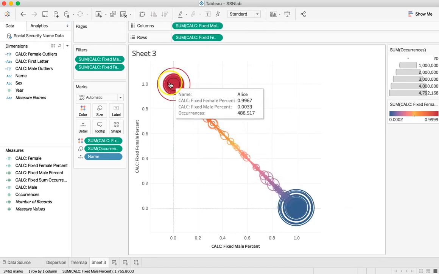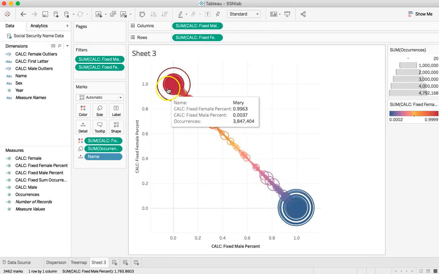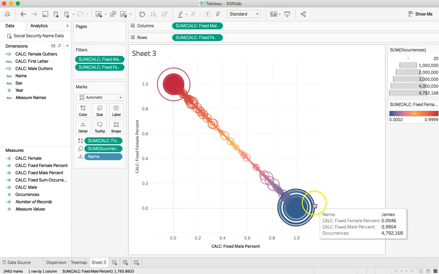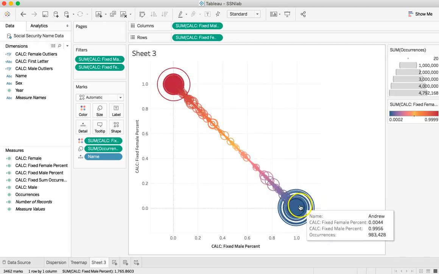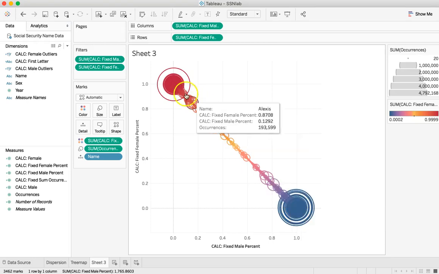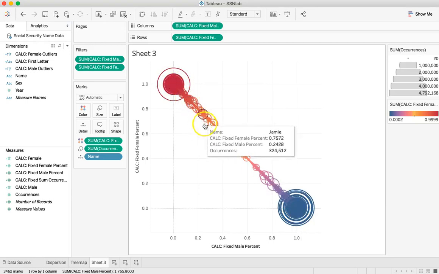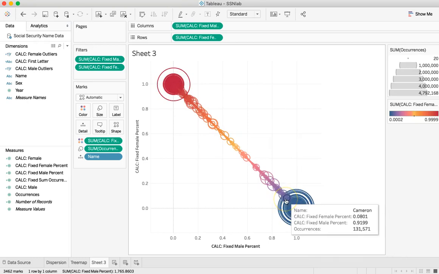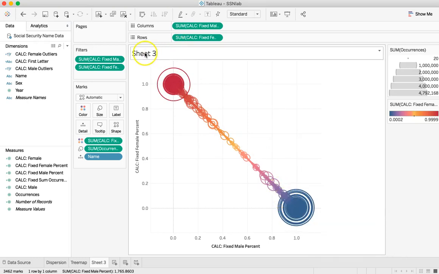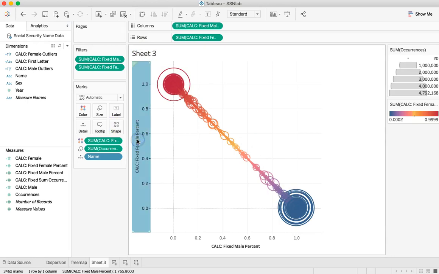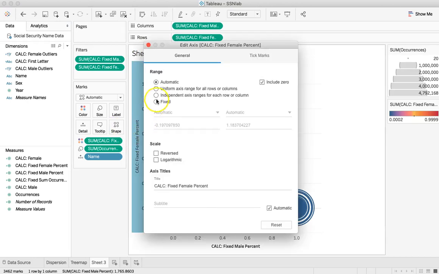And then here we have females are very, very pink and males are very, very blue. We might want to consider that, but I'm so in love with this color scheme that we'll just deal with the fact that males are pink and females are blue. Cool, excellent. You know how to rename your sheet, so we're not going to do that. The one thing that I would like us to do is to change the axis titles to female